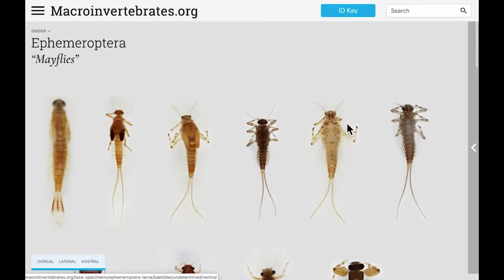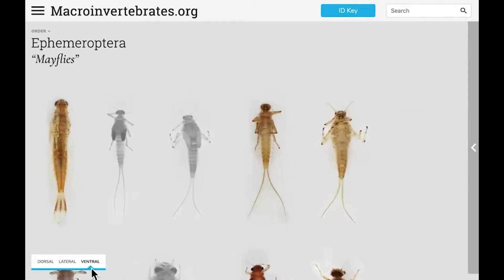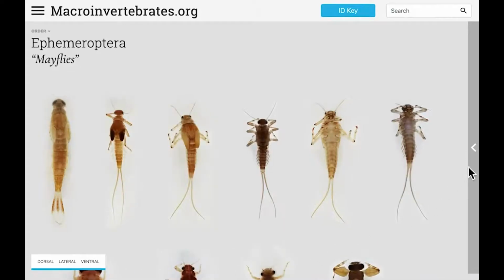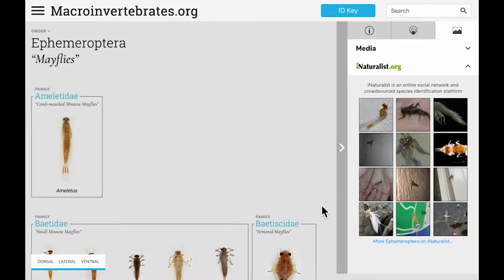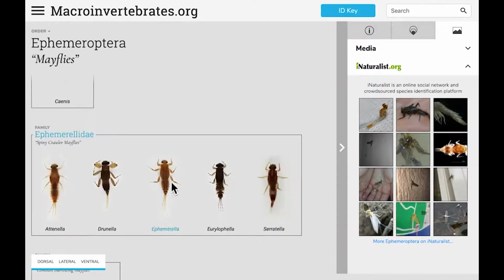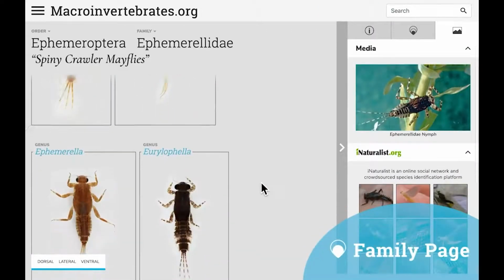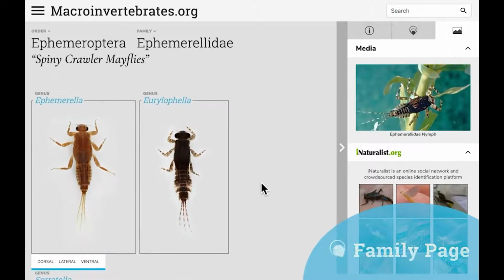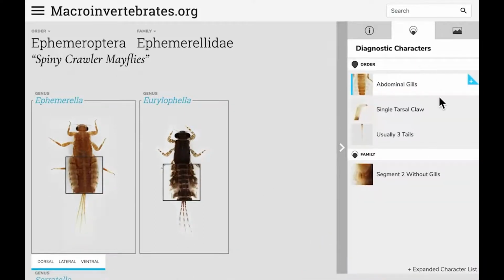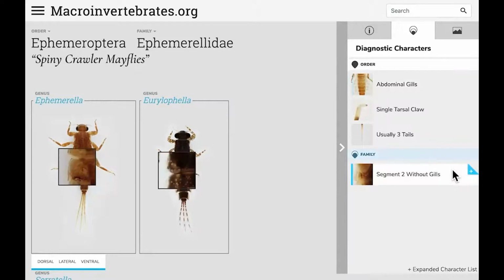The buttons on the lower left allow you to flip specimens to see other available views. Many of our specimens have dorsal, lateral, and ventral views, but if a view is not available for a particular specimen, it will gray out. You can return to the default view by clicking the button again. From the order page, clicking on any individual specimen leads to the zoomable page of that specimen, while clicking any family name takes you to the family level page, where you will find the same functionalities to flip specimens or clear the interface. Now, when you select the Diagnostic Characters tab, you can see additional characteristics specific to family, designated by these different symbols.